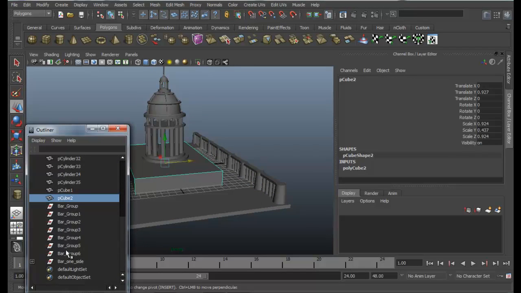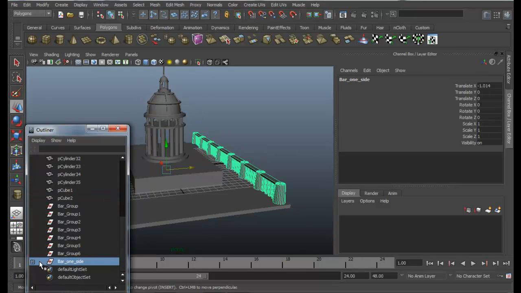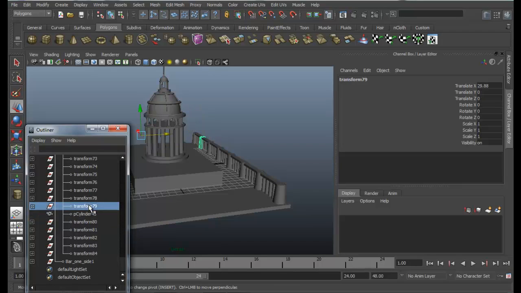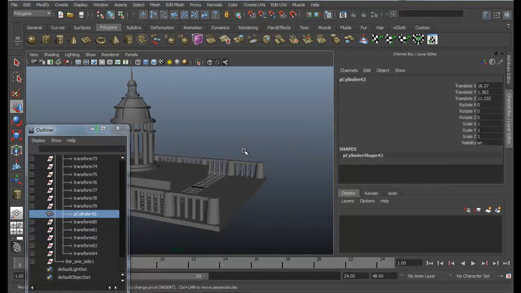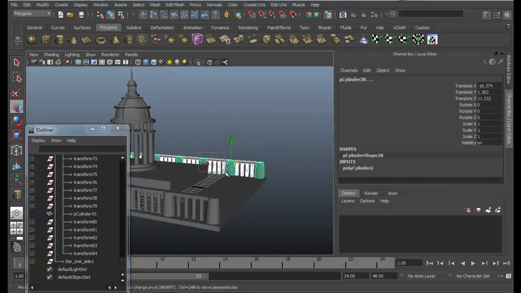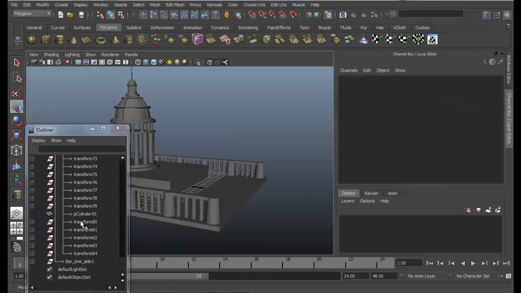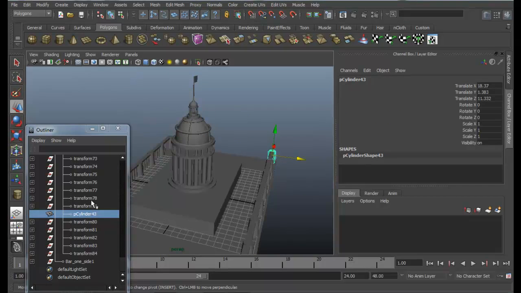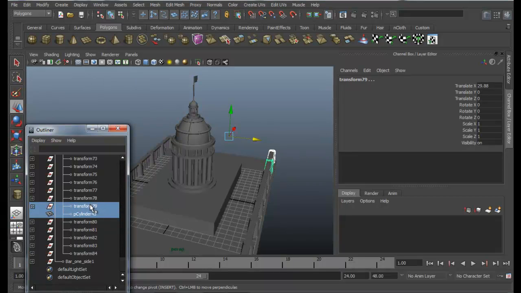Okay, go to this group and then select bar one side, cylinder. Okay, now let us just select this four. Okay, no, that's not good. It's a great problem now.